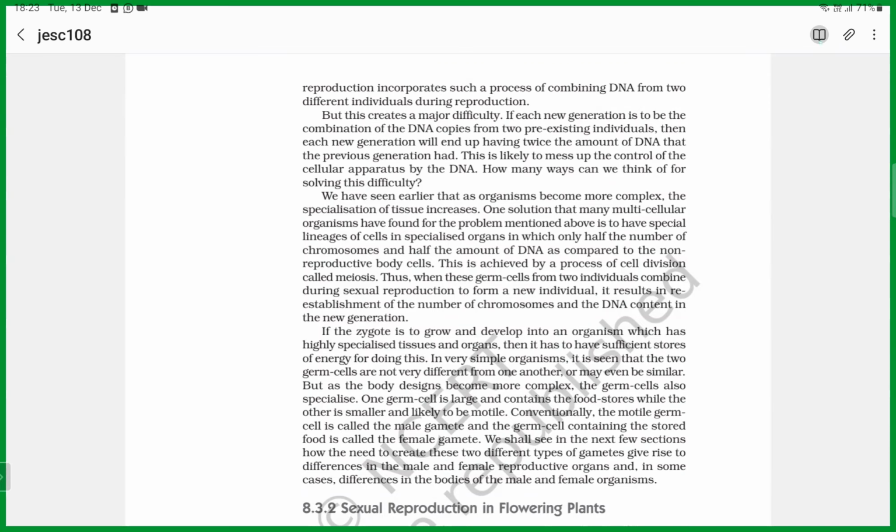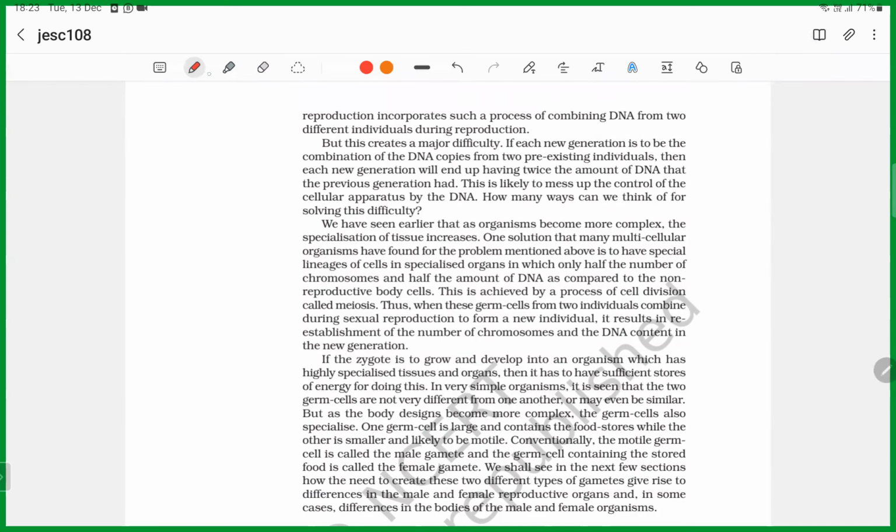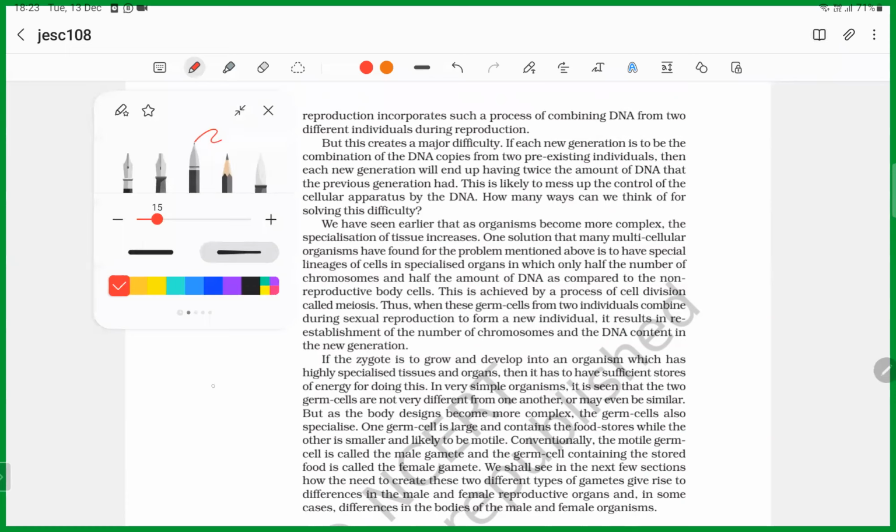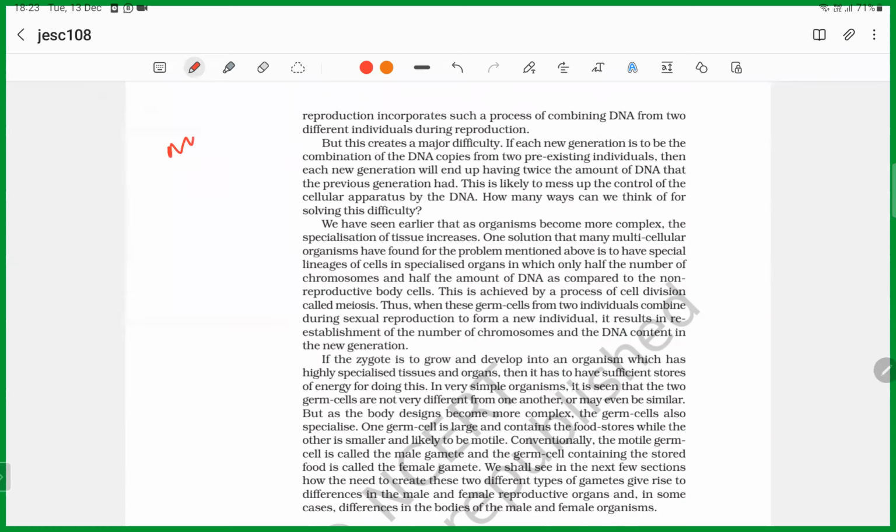As we discussed earlier, we produce gametes: the male produces sperm cells with 23 chromosomes, and the female the egg cell with 23 chromosomes. Fertilization, the zygote forms,